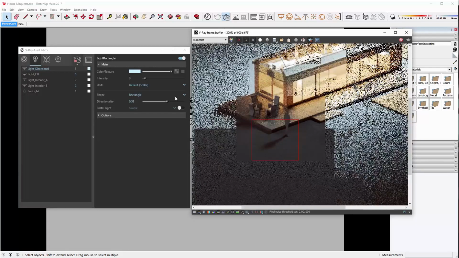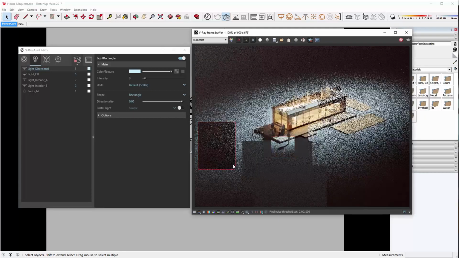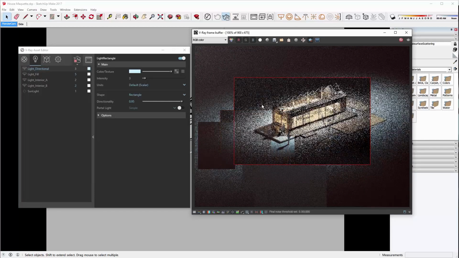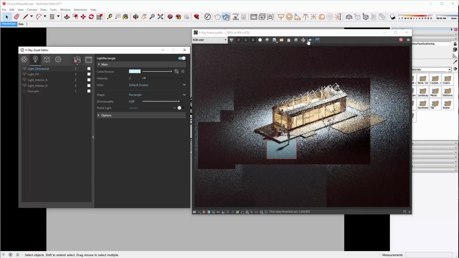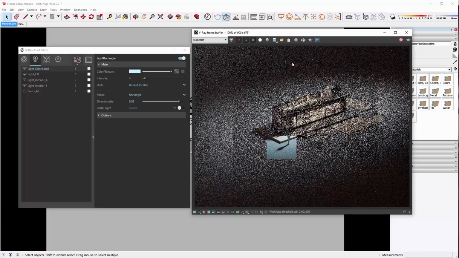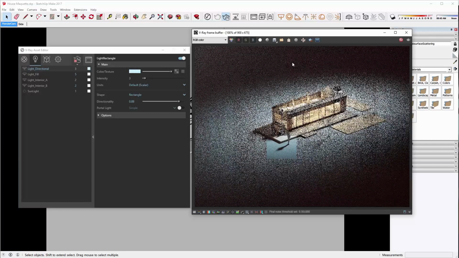overall intensity is lower. Now if I increase the directionality, the overall intensity will also increase, but the light will be much more focused. So if I render someplace else, you'll see that there's almost no light there, and now the light is surrounding the house. Basically, it's focused around the house. So that's the directionality. It's now supported on the GPU, and if I just input the values that were there before, we can see that we're back to the way it was. So I'm going to disable the region so we can render the whole image.